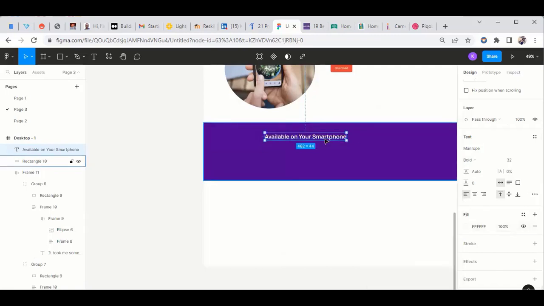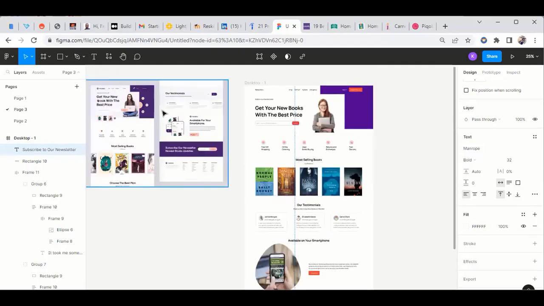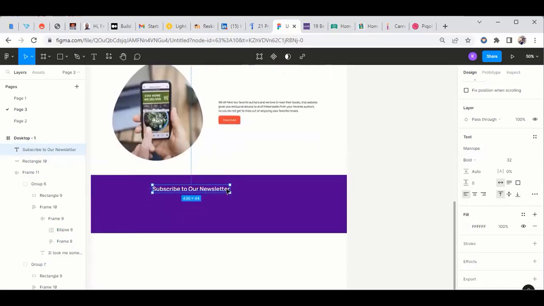Yeah, so let's now edit the text. Subscribe to our newsletter. There's more to that text. Let me check. Newest books update. Okay, so we could have that too. Yeah, so our text is ready. Also want to work on line height here